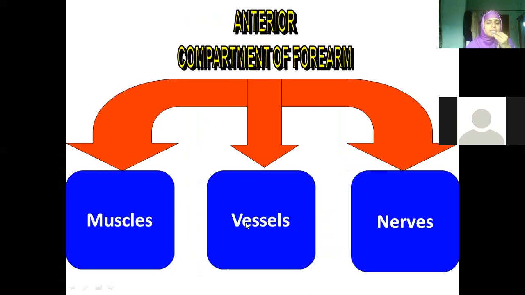So we have muscles, vessels and nerves. We'll see what are the various muscles there. Can you name the vessels in the forearm? Yesterday only we have named them. Brachial artery at the neck of the radius, we have seen it was dividing into radial and ulnar artery. That means in the anterior compartment, we have to discuss radial and ulnar artery also. Then we have nerves. What are the nerves you see in the forearm? Anterior compartment: median nerve, radial nerve, ulnar nerve. All three nerves will be visible.